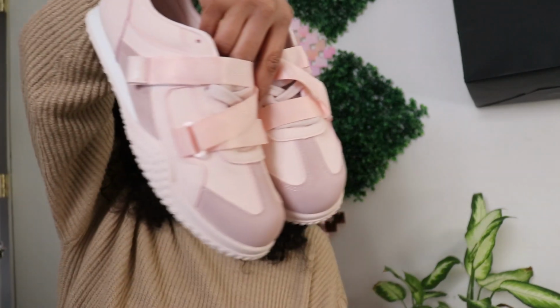These are perfect, and they're also comfortable. I didn't wear them for a super long time, so I don't have an honest review on that. But I will say, if you are looking for a super cute addition to your wardrobe, these are it. Super cute. And last but not least,